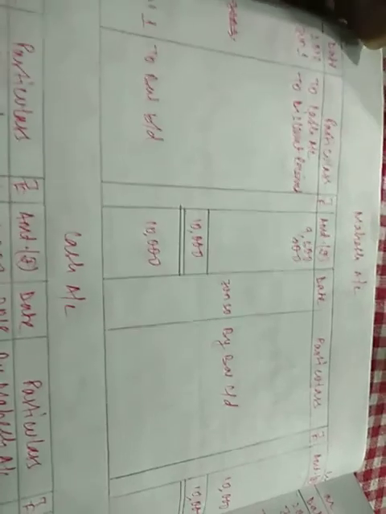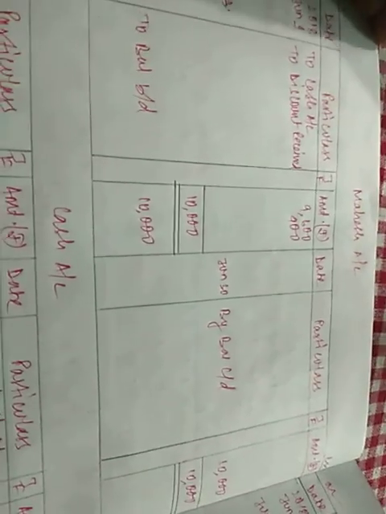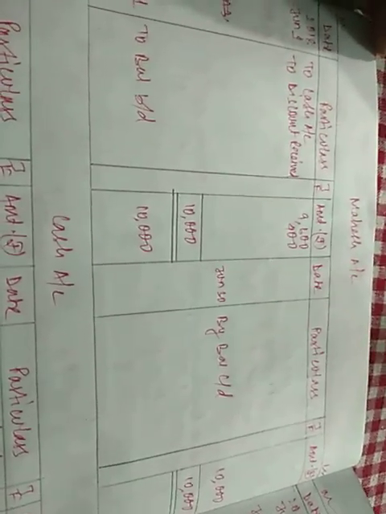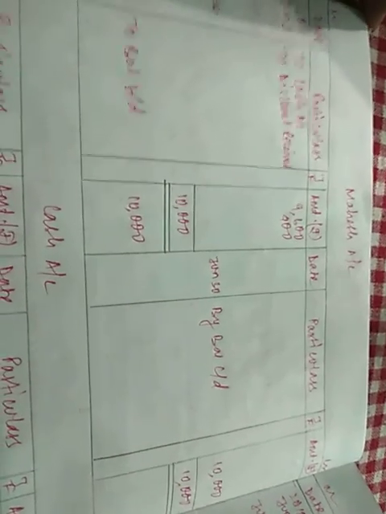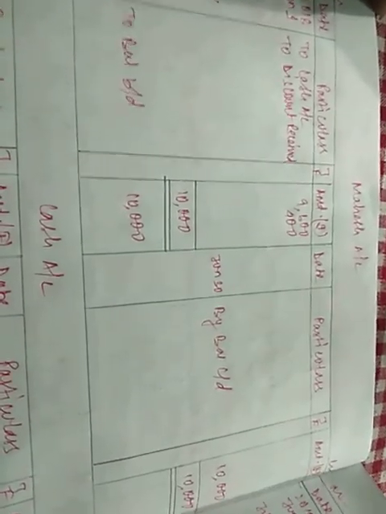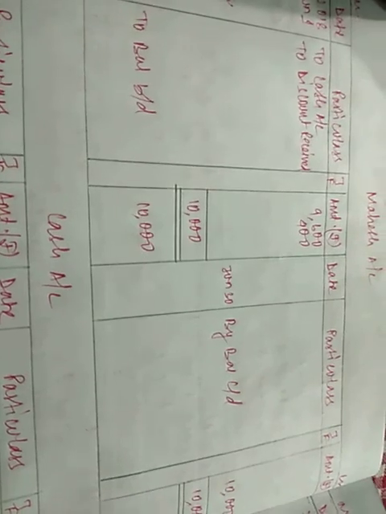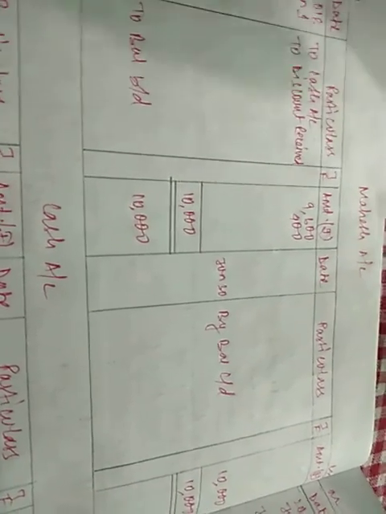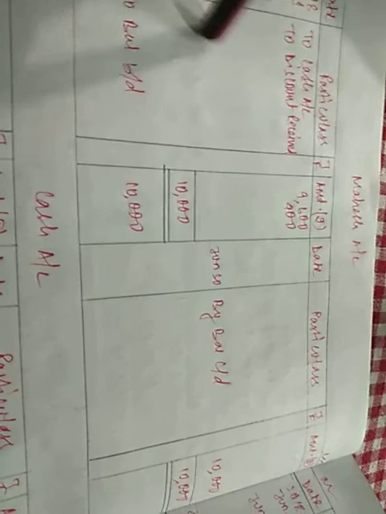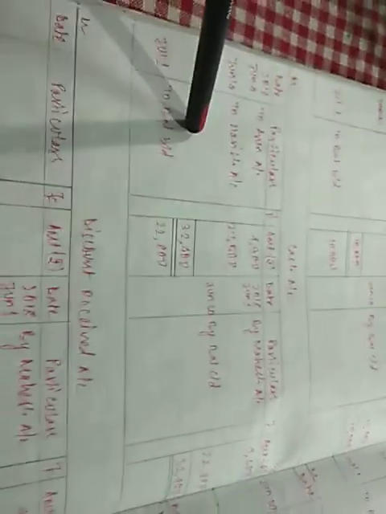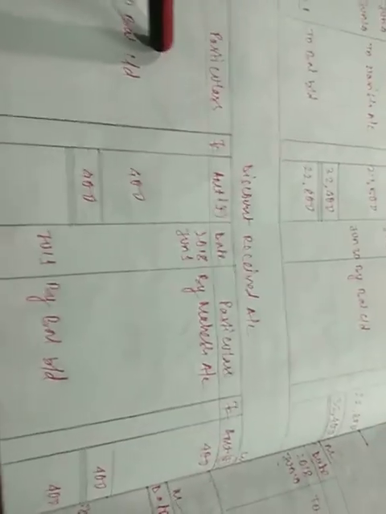The same format of journal is to be repeated twice to prepare one account, and we had 11 such accounts, like Mahesh account 1, cash account 2, discount received 3. In this manner we need to prepare 11 such accounts. So this is Mahesh account, this is 1. Similarly cash account 2, discount received 3. In this manner we need to prepare 11 such accounts.